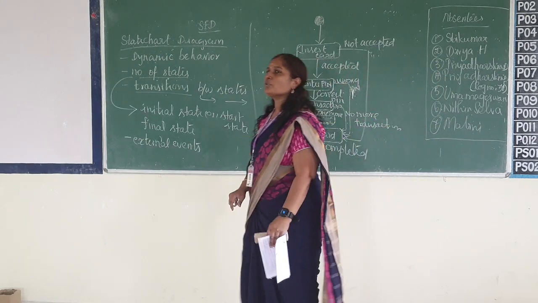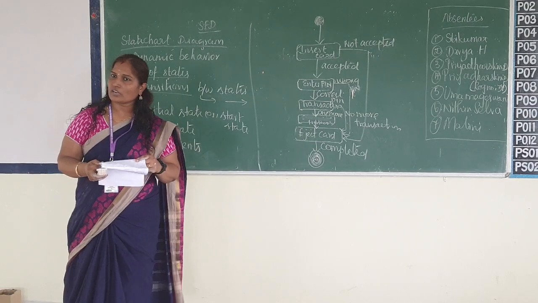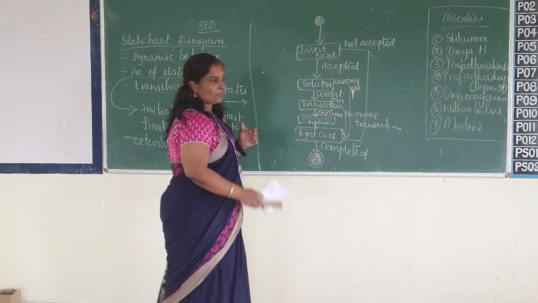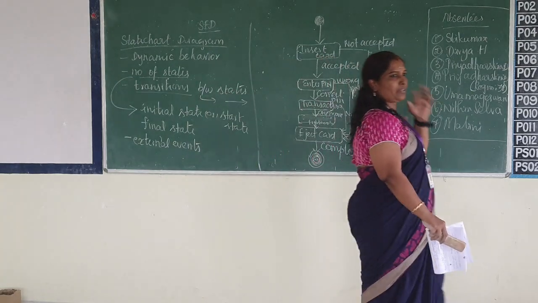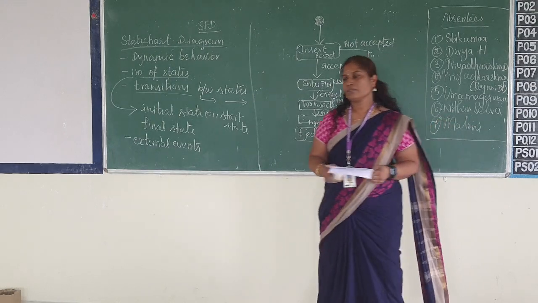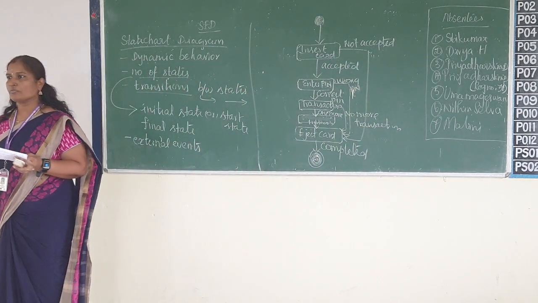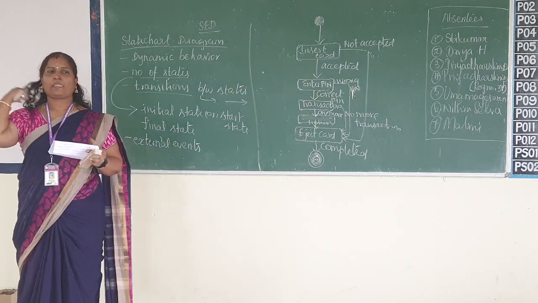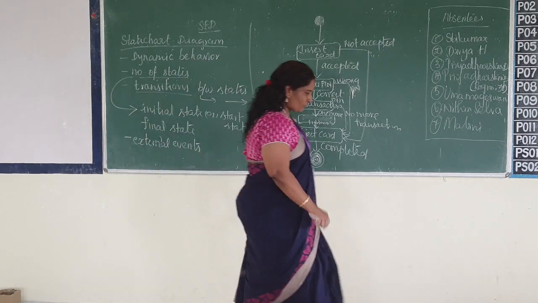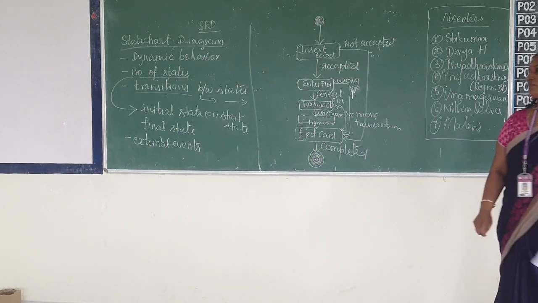So for that, I want you to draw the state chart diagram. Construct the state chart diagram for placing, not only placing an order, until the delivery of the product. You need to place an order for a camera. Let us assume for a camera. Okay. And draw a state chart diagram till the product is delivered.